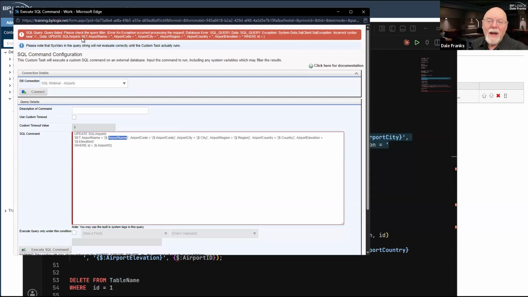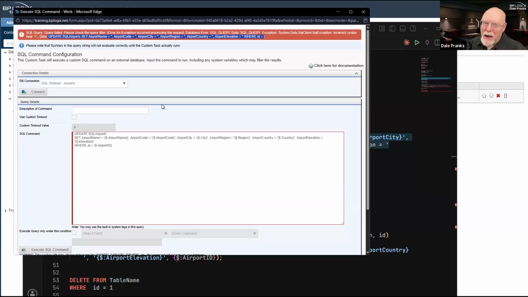In fact, if you look up here, that is what is being passed to SQL Server. So basically, we are saying set airports. Now, this is bad: airport name equals single quote, single quote.